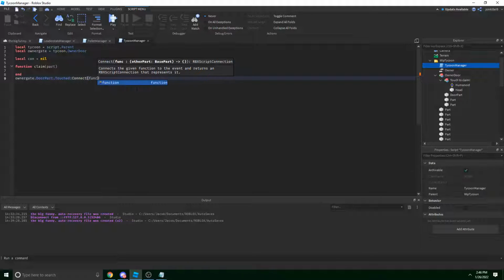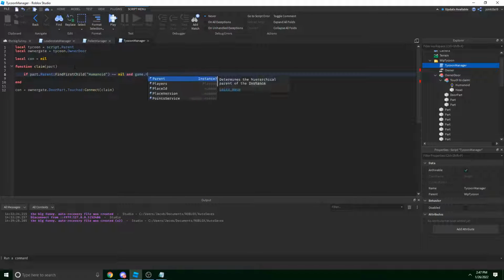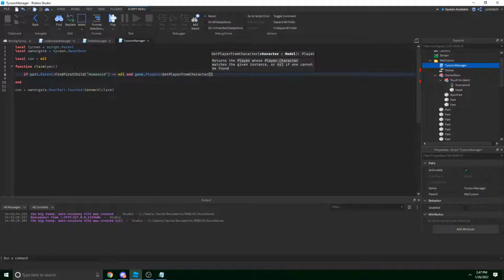Whoops, I'm stupid. Claim. Now, if you remember what we did earlier, we're basically going to do the same thing. Local con equals, or not local, just con. All right. Basically, going to do the same thing. We're going to say, if part.parent find first child humanoid is not equal to nil, and part or game players get player from character